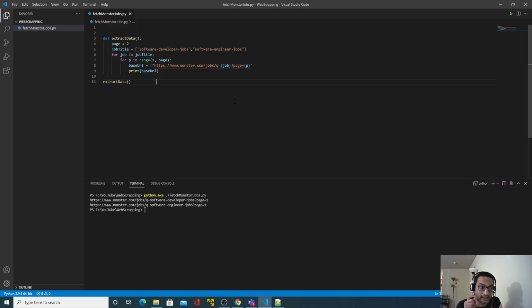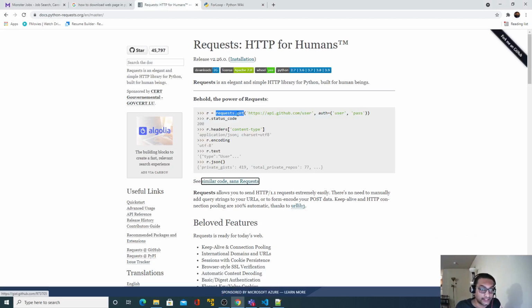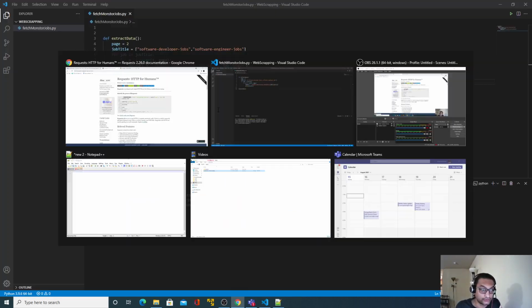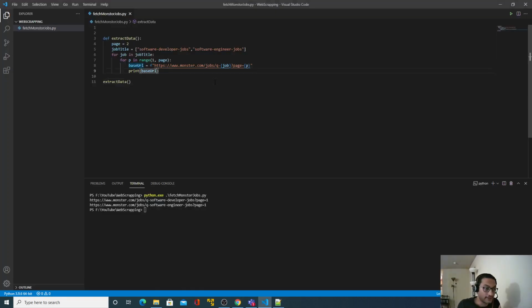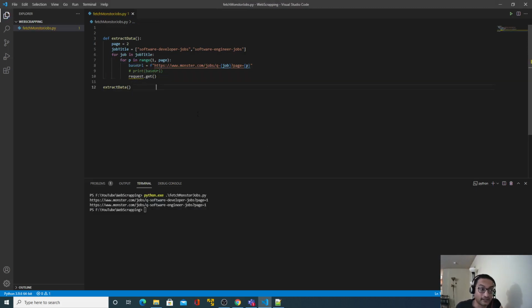Now the next step is how can we download this? If I go back, it says requests.get, that is the method we have to use. So now I will comment this part and use requests.get. Now it is giving me an error. Why is that? Because it's not a default library, we have to import that library.